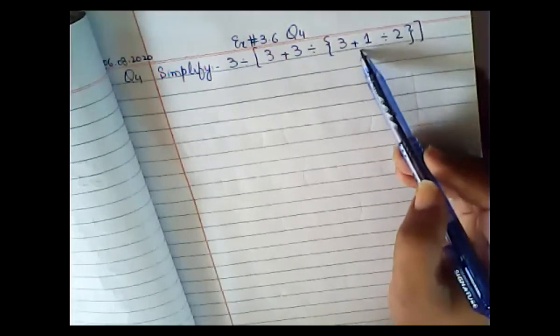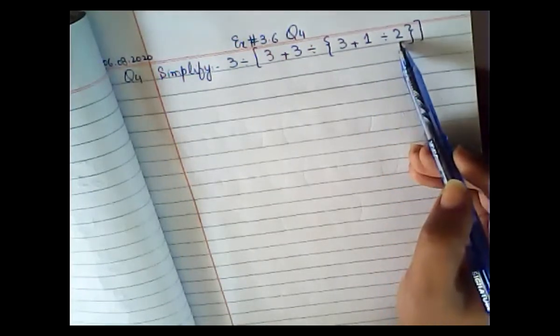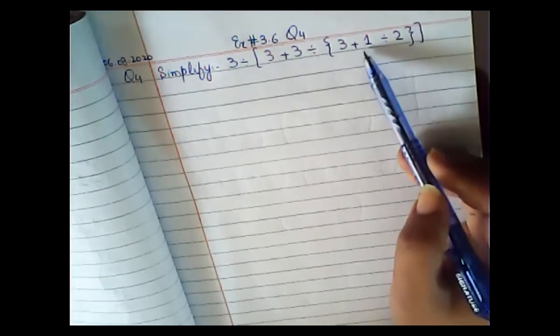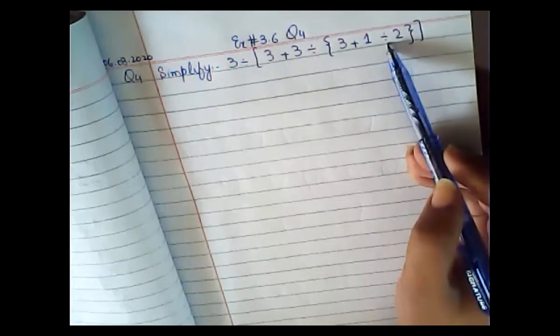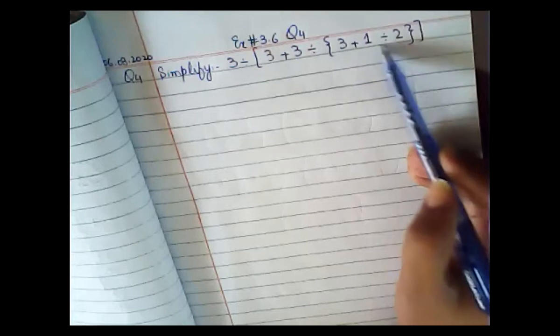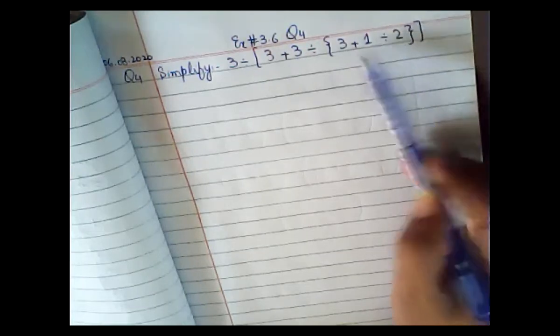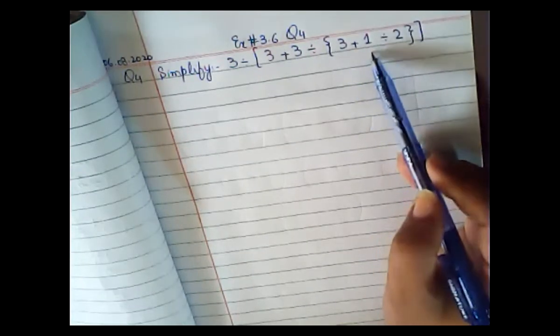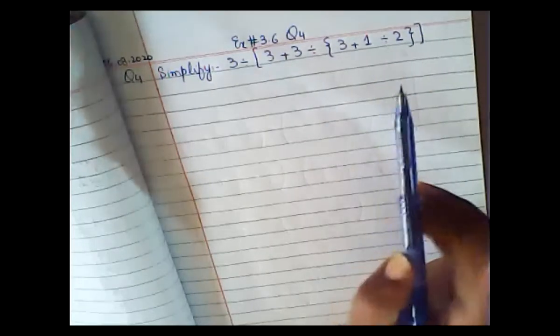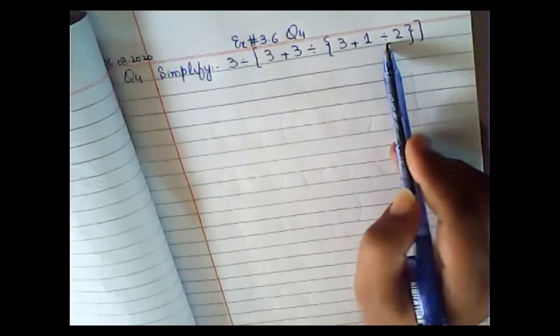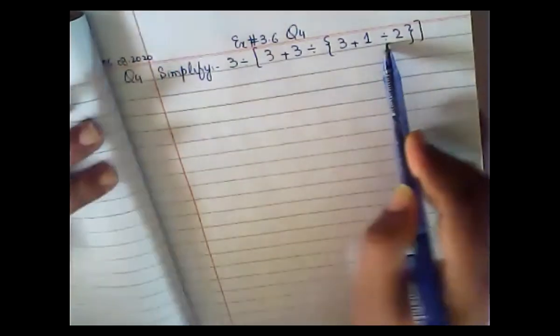So 3 plus 1 divided by 2. So what you have here, addition and division. So first you will solve this division. Okay, please do not write 3 plus 1 is 4. Okay, that will be completely wrong. You will perform this division first. So in the first step, I'm going to convert